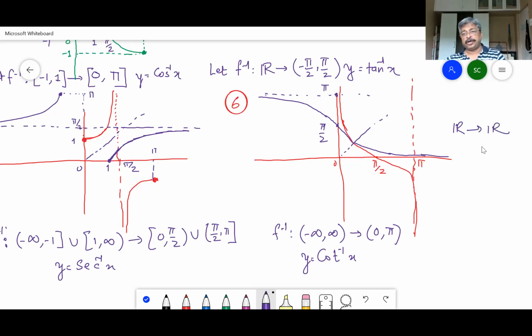And if the function is one-one onto, I mean if the function is something like y is equal to ax cube, then inversion is easy. It goes from R to R. We need not worry about and keep remembering the domain and codomain if the function is naturally one-one onto. That makes our life easy.